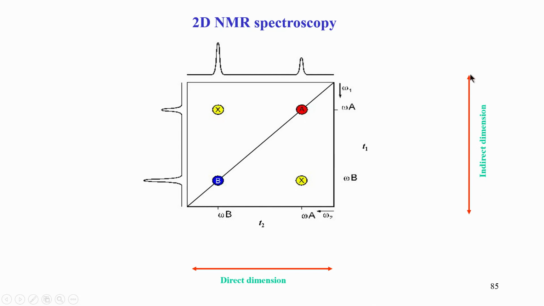So, this is what is now shown here. This dimension is the indirect dimension, that is the T1 axis. We are not detecting the signal physically here. There is an FID here, because anything evolves in NMR by a frequency, that is an FID, but that FID is not captured or digitized or detected by the hardware or RF coil. It modulates the intensity of the direct dimension. This is the dimension where we actually detect physically the signal.